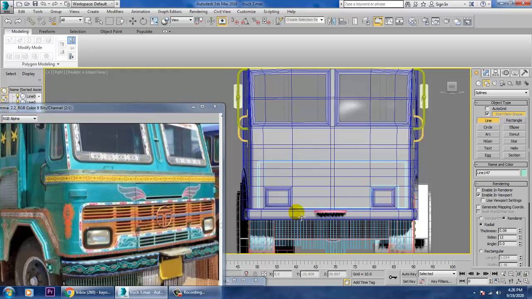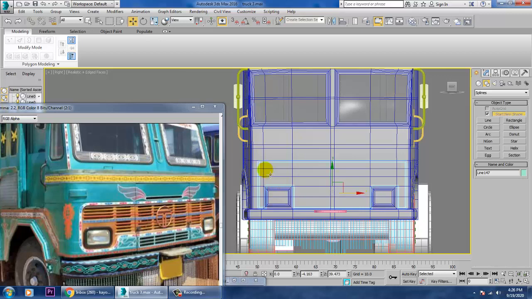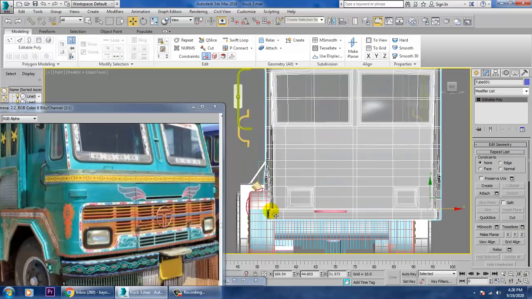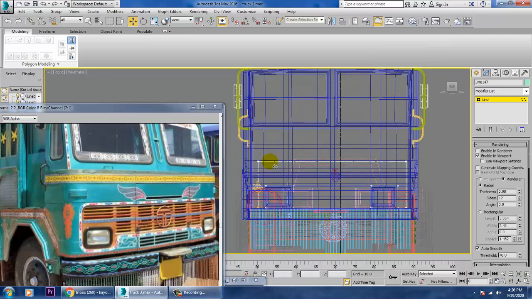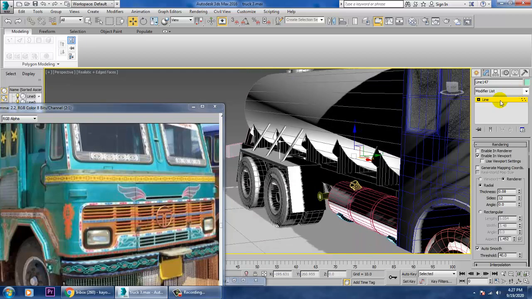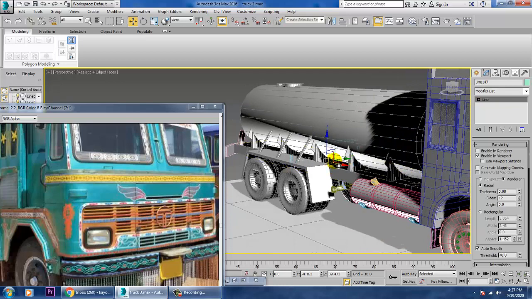Will not go with the same details. So select this. To select the vertices, just push this out. So let's go into it.